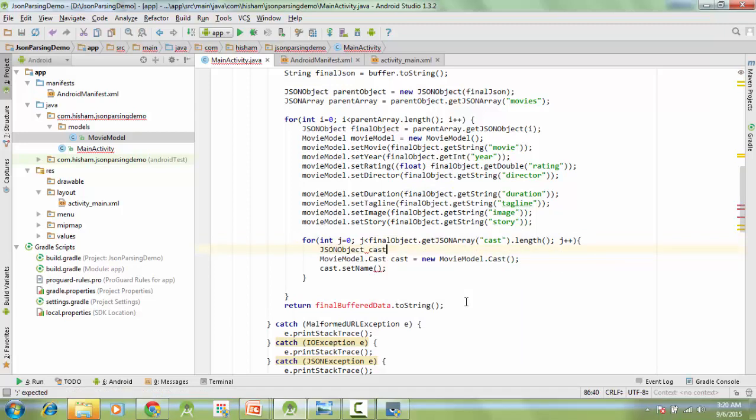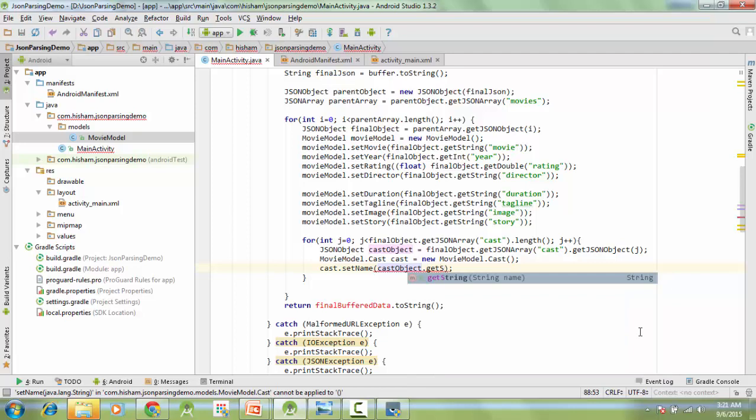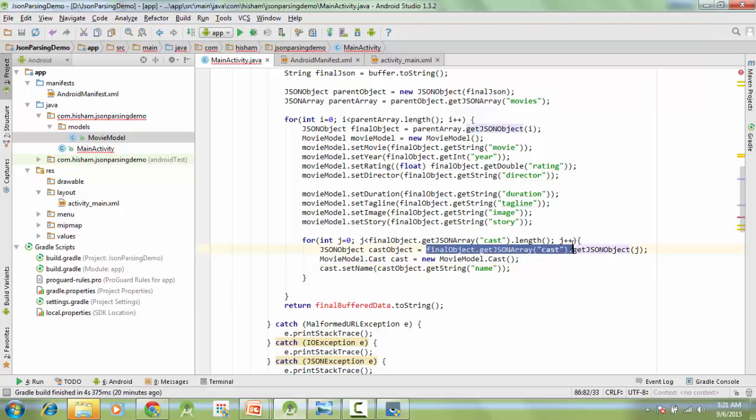JSON object cast object, file dot get JSON object j, and lastly cast object dot get string here. So what we are doing here is we are getting the array, we are getting the first